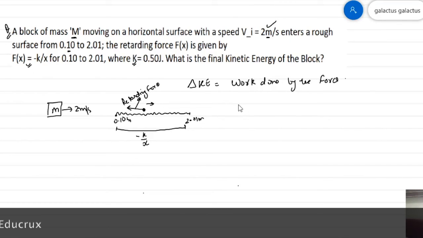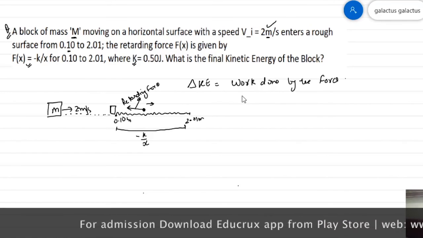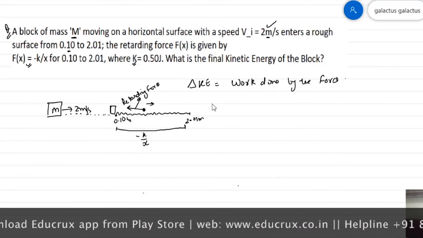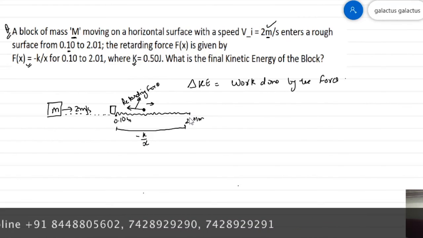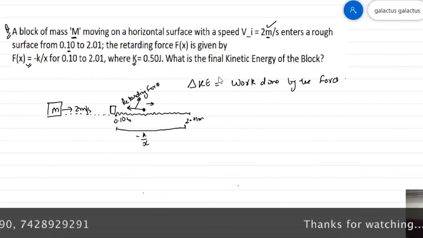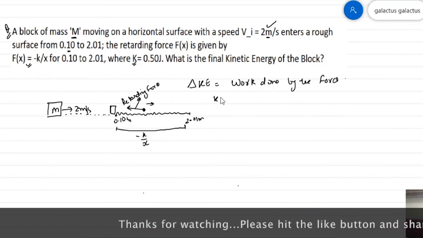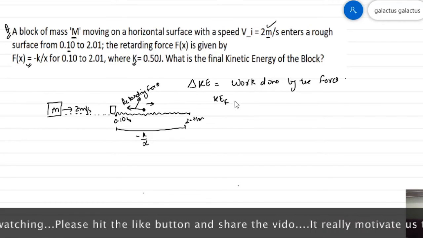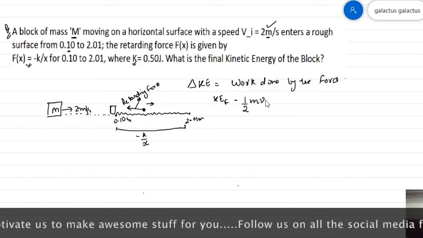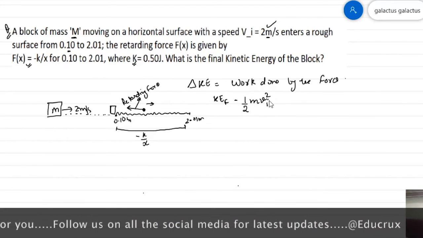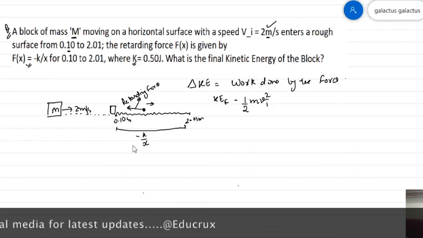So let us now apply the work energy theorem. Let's say the body is moving with 2 meter per second at 0.01 meter, and at 2.01 we have to find the final kinetic energy or the velocity of the particle. So kinetic energy final we have to find out, and kinetic energy initial is half m v square initial, that is at this point, and it is equal to